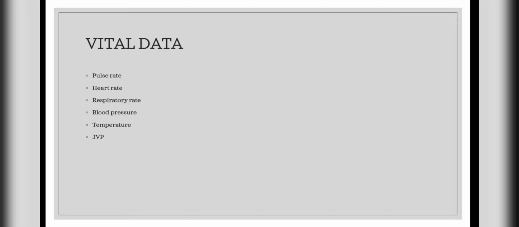Why we need vital data: heart rate is important to calculate whether they have tachycardia or bradycardia. Respiratory rate is needed to mention like tachypnea or bradypnea. Temperature is necessary in some kinds of conditions, whether there is only an evening temperature rise. And you have to also mention whether JVP is raised or normal, that is jugular venous pulse is raised or normal. Okay,